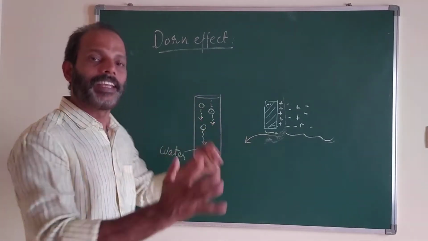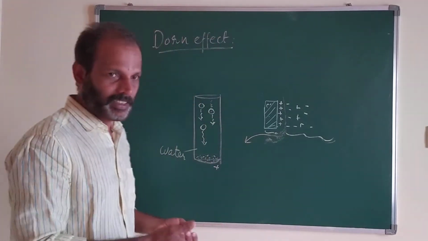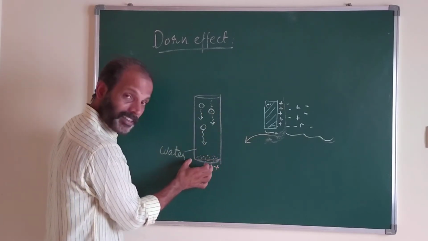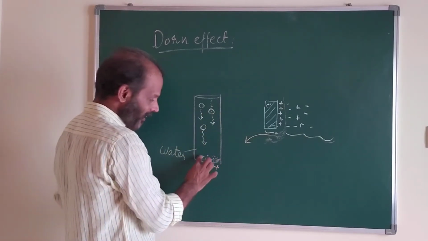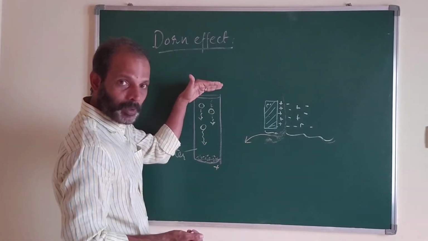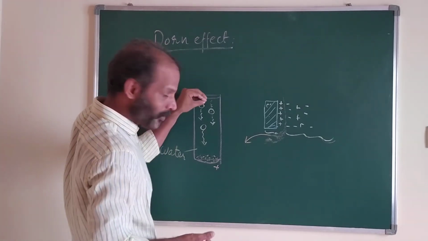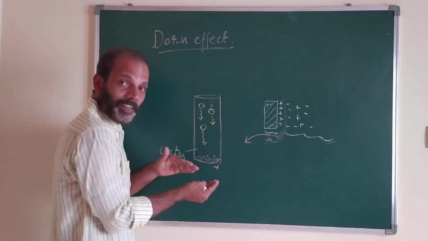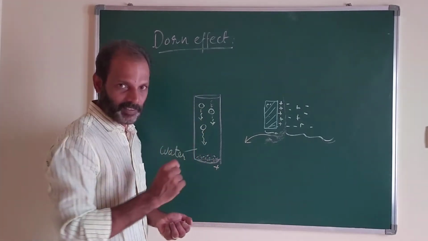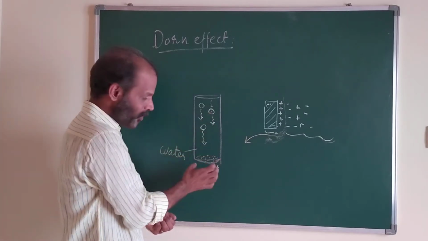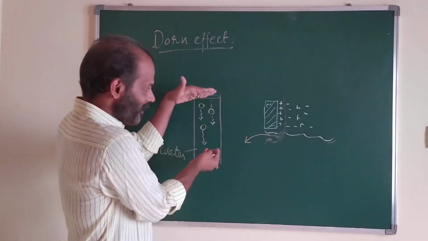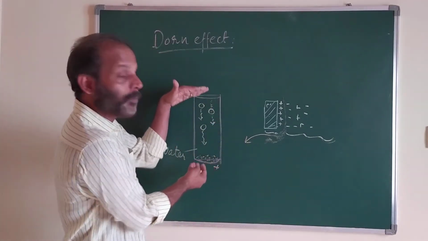That charge separation creates a potential, right? If the particle is negatively charged, what happened? The particles sediment at the bottom, and the sedimented particles have a negative charge, and the diffuse layer is positively charged. Some of the positive charge remains in this position, so there is a charge separation. The lower part has a negative charge and the upper part has a positive charge. Here I say the particle is positive, so the bottom part has a positive charge and the upper part has a negative charge. So there is a charge separation between the top and bottom of the column.